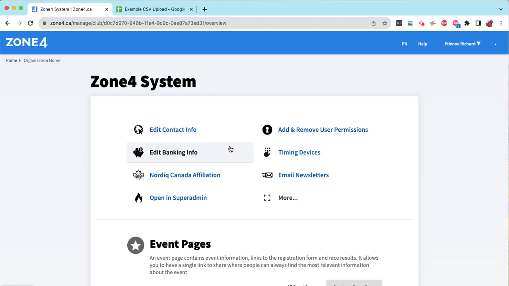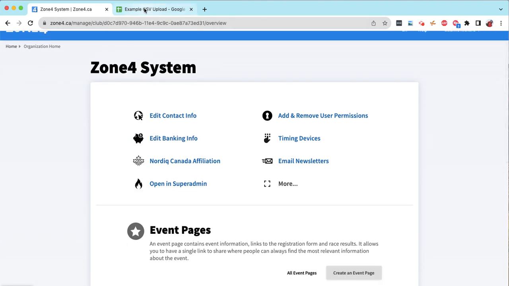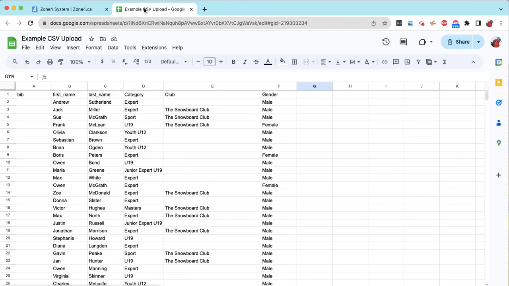Hello everyone and welcome to a tutorial video on how to create a snowboard bank slalom race file. So we're going to create the race file from a CSV upload. First I'll go here on my Google spreadsheet, and I have my example CSV file here